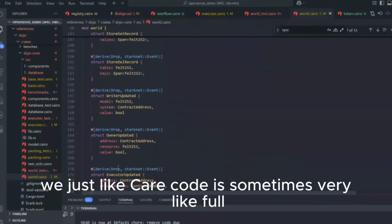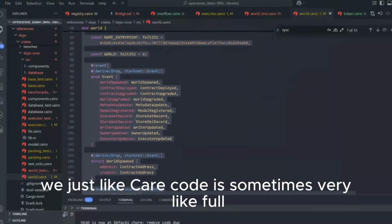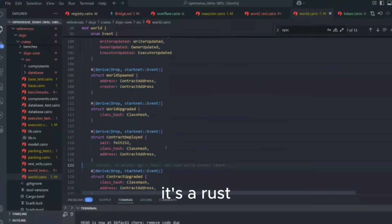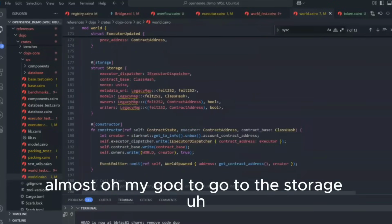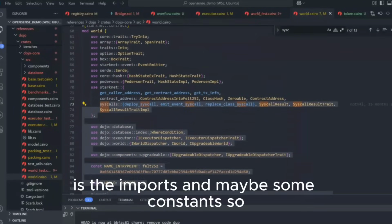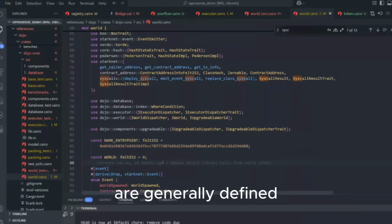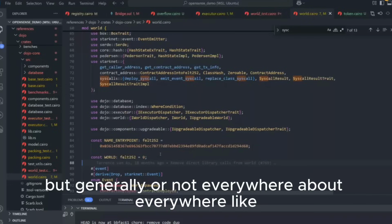Cairo code is sometimes full of a lot of boilerplate code because it's like Rust, so you can see that we can skip almost 100 lines to go to the storage. Sometimes what is important to see is the imports and maybe some constants. Constants can be defined in many places, but generally